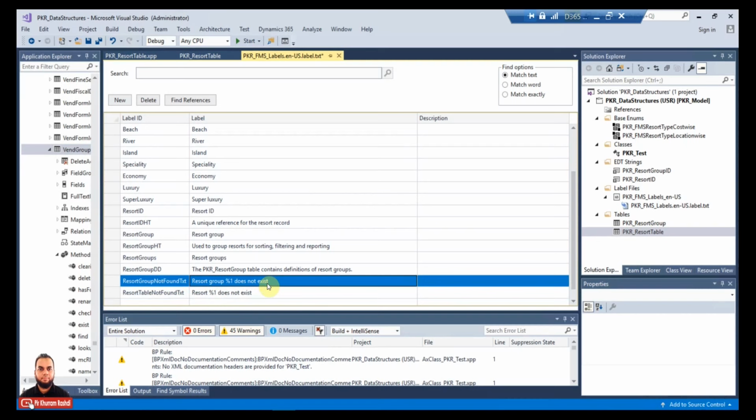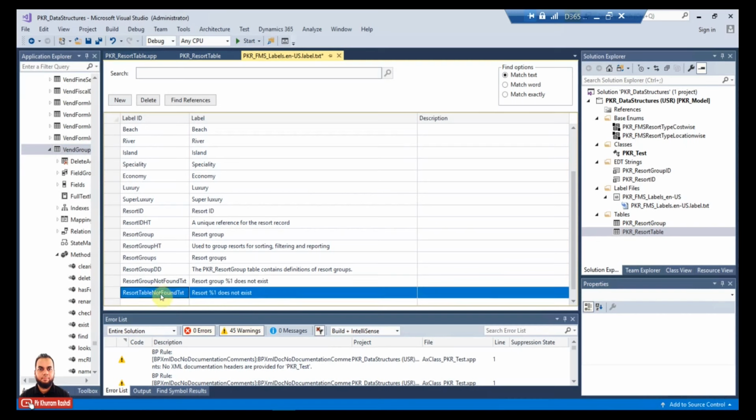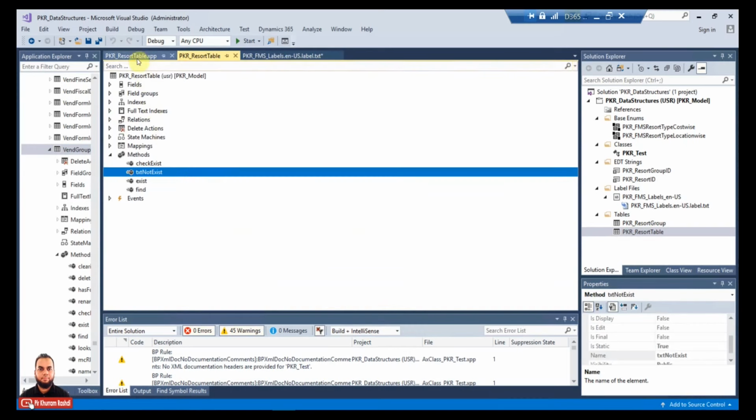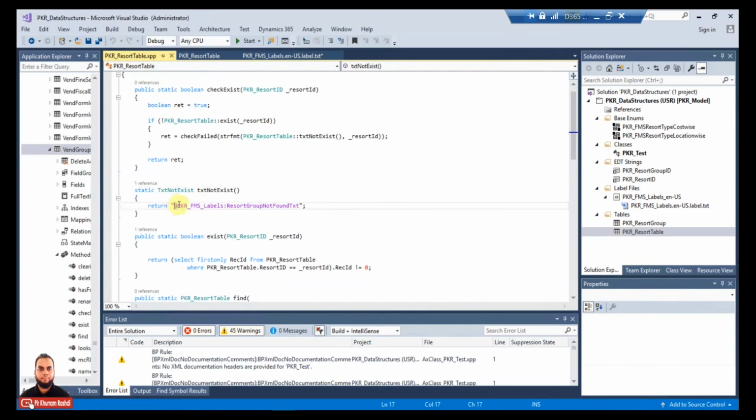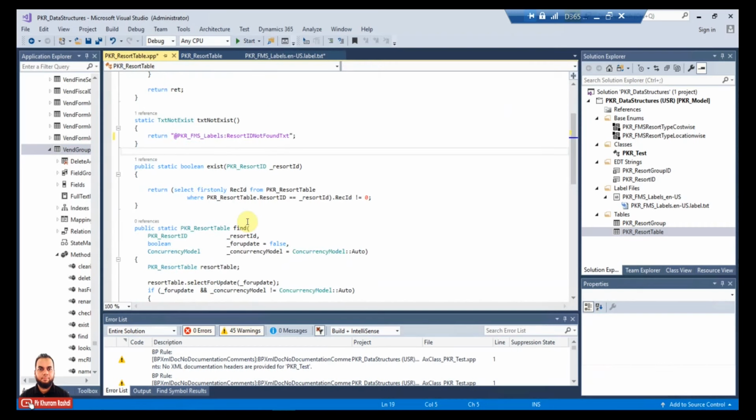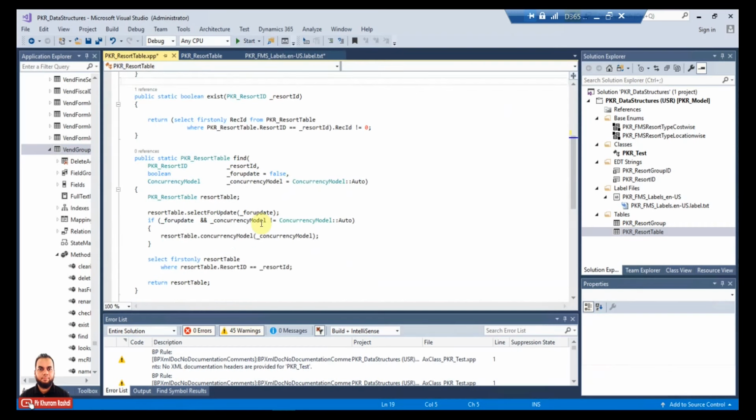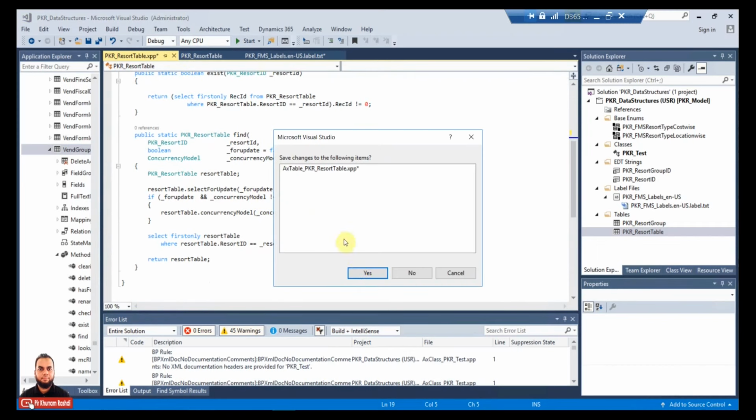This does not exist, so it will just show resort ID not found. So this we need to just place in our txt not exist method, and now I think almost everything is perfectly fine. Just save it